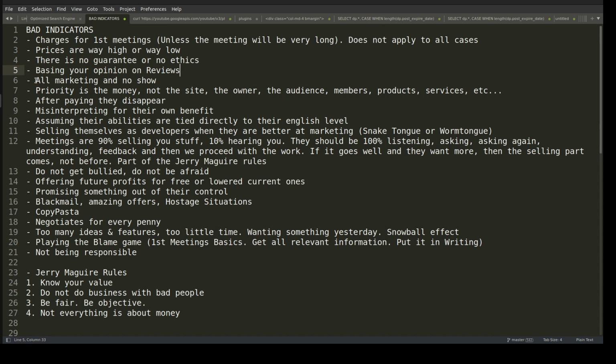Okay. When a group of developers or a specific developer, unless they work in marketing, but if they offer development services and they dedicate themselves as hell to marketing, it's a red flag. Okay. If your work doesn't speak by itself,